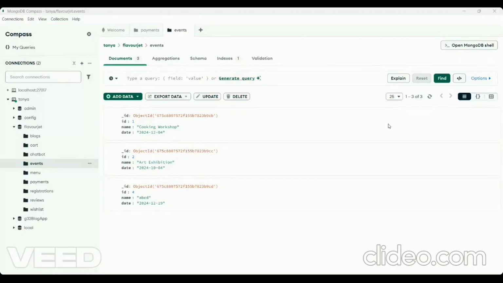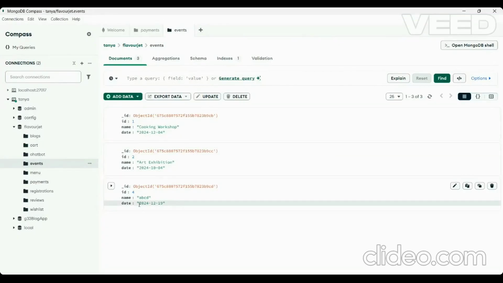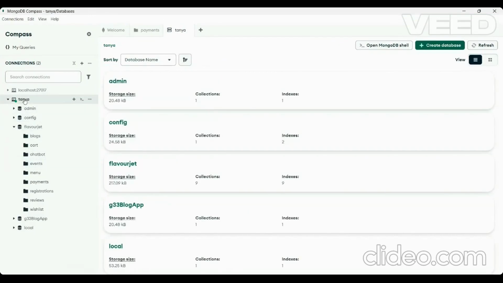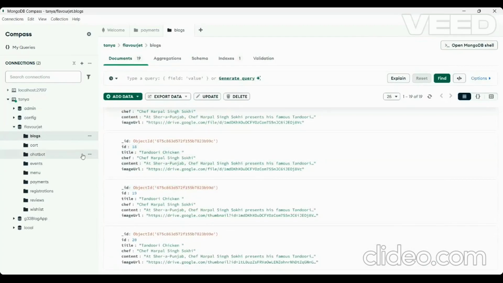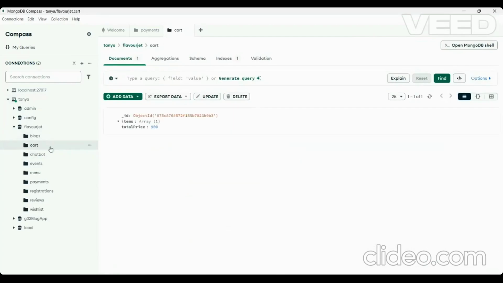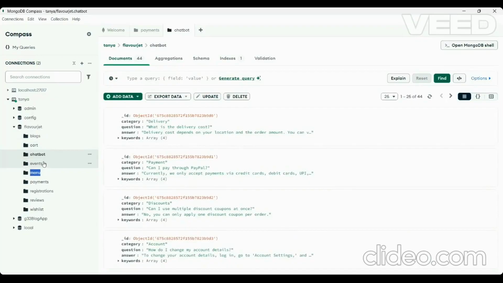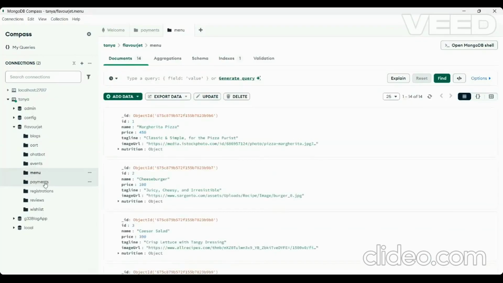Lastly, I connected our application to MongoDB, integrating it as the primary database for storing the data. This allows us to manage data efficiently, ensuring scalability and reliability of our application. I have made a Tanya folder where I have made a collection. Here you can see all the blogs which have been fetched, also the cart, chatbot, events, menu, and all the